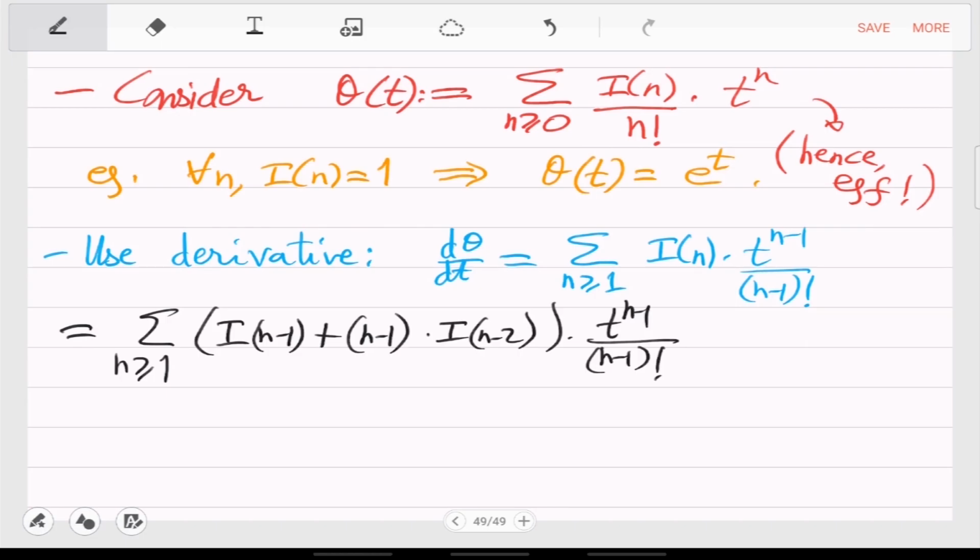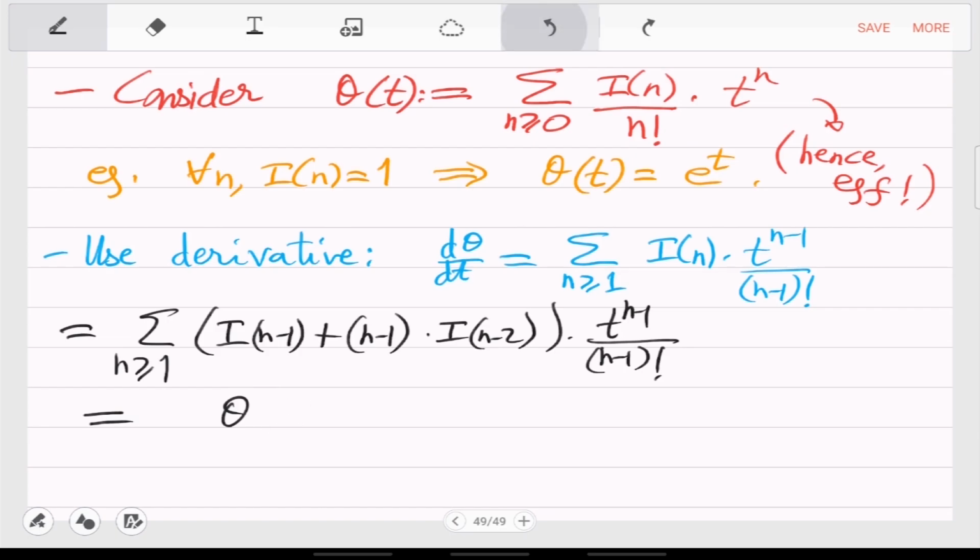This is again theta. And the second one is almost theta, because you again get In minus 2 by n minus 2 factorial. But the t is a bit shifted ahead. So we multiply by t. So you can see that this is equal to theta t,